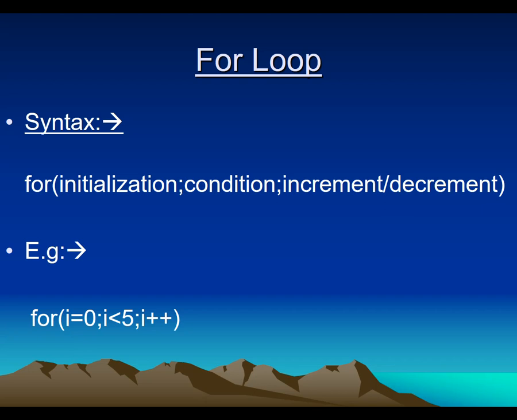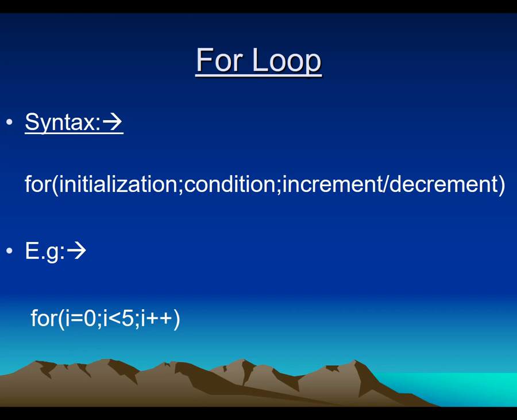Generally, in all our topics, we follow a protocol: first we discuss the description of the topic, then the syntactical part of the entire topic, then we go for an example related to the topic. So now we are starting with another type of looping control structure in C, that is the for loop. This is very important in the entire subject, so please listen to every word very carefully.